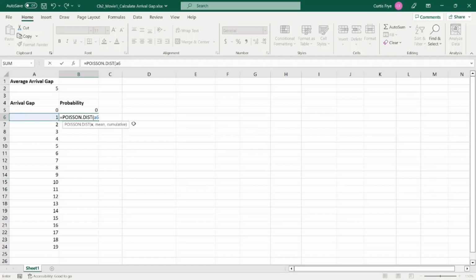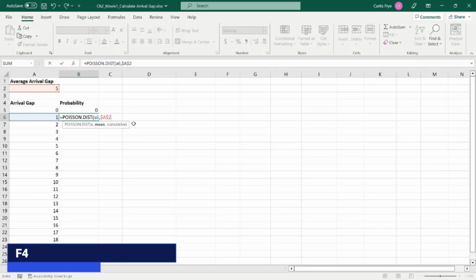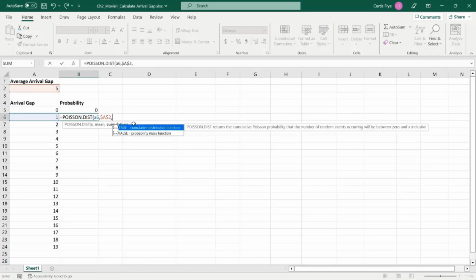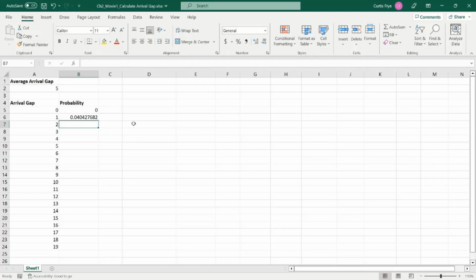So I'll type that, and then a comma. I'm leaving that as a relative or changing reference because we'll look at A7, A8, A9, and so on as we go along. The mean is in cell A2, and that is our average arrival gap of 5. And I'll press F4 to make that an absolute reference so it doesn't change. Then a comma. And we do want to have the cumulative value. That's because we'll do a lookup later that looks for the cumulative probability. So I have TRUE highlighted, so I'll tab, right parenthesis, and enter, and there we get our probability of about